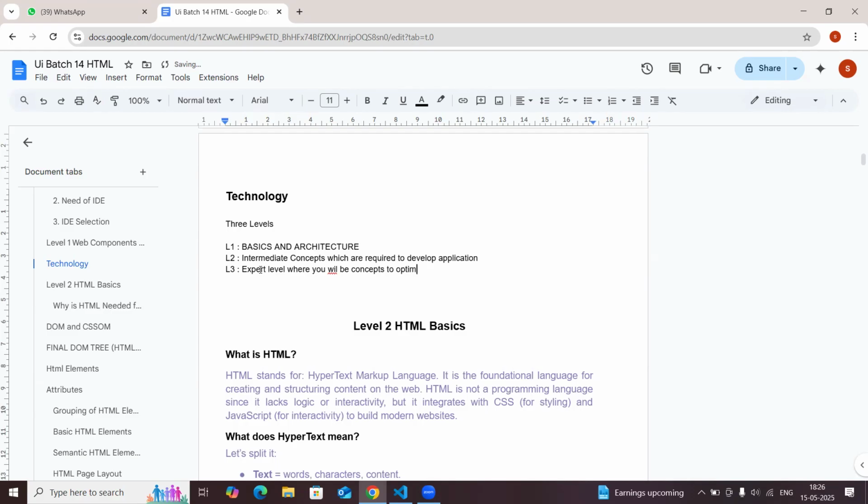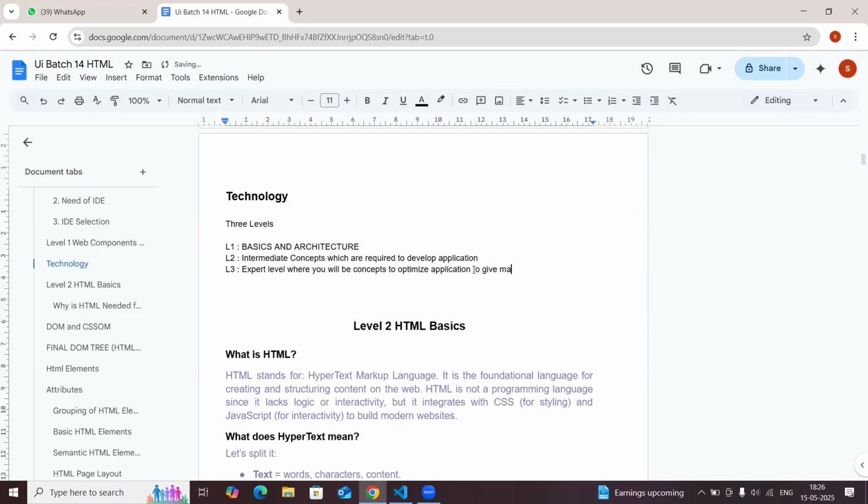Just remember three things only. You have to learn: basics and architecture, concepts required to develop an application, and concepts required to optimize the application to give